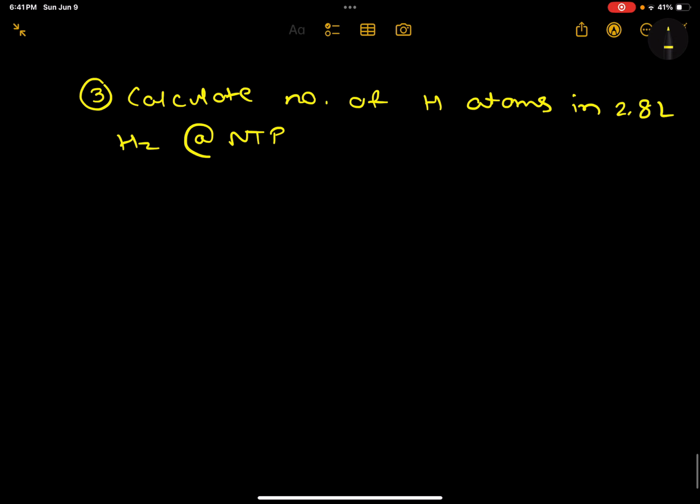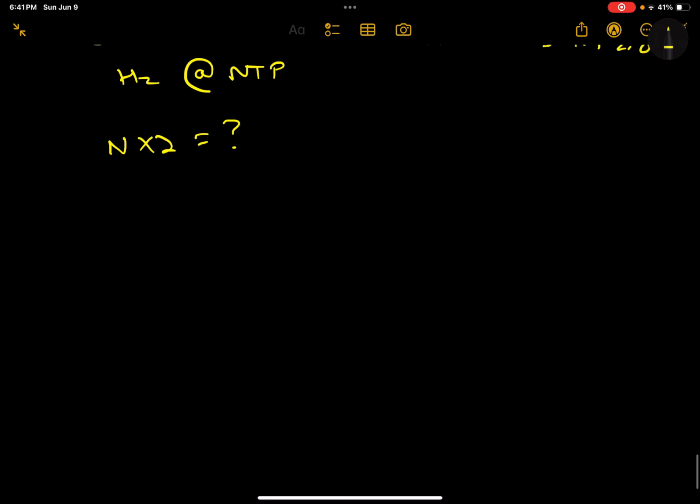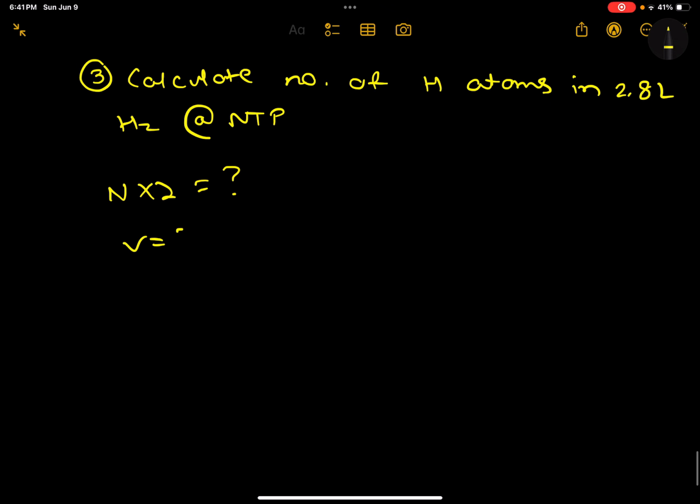That means we want to find the number of molecules, so N times 2, because there are 2 atoms of hydrogen in each one. So N times 2 equal to how much? And we are given the volume is equal to 2.8 liter,